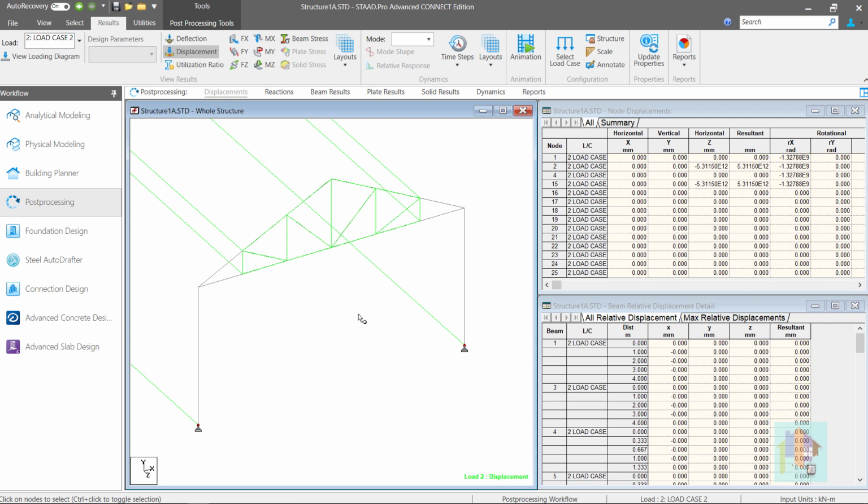This is a global instability condition which occurred due to the support condition. We have applied load in the z direction, but there is no rotational stiffness present at the support level for pin support. So the structure is free to rotate, and this creates a huge overall deflection which is not limited to a portion, but the entire structure is unstable.